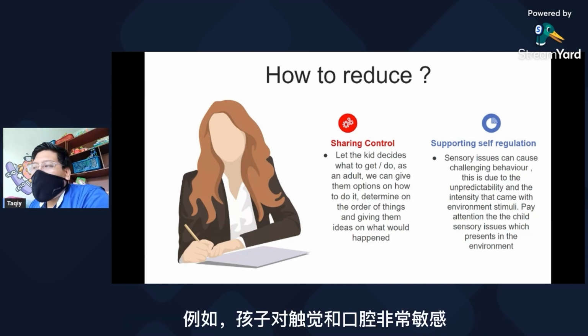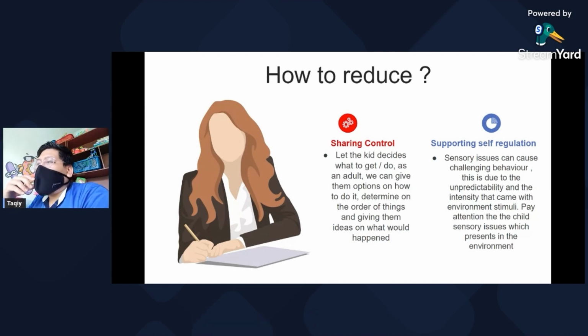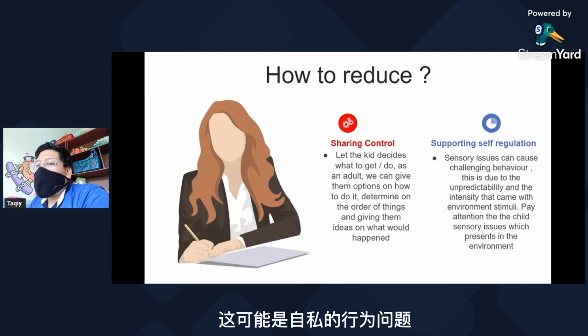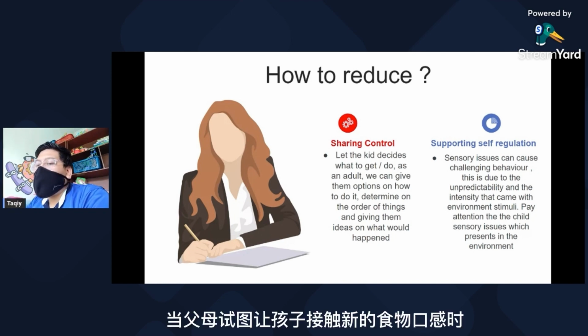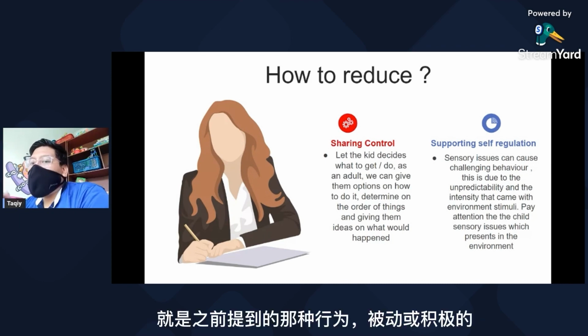Let's say, for example, the child is very sensitive in tactile and oral areas, which translates into being very picky in food choices. That itself is a behavior issue when the parent is trying to expose the child to a new texture of food. The child will do one of the two types of challenging behavior that I showed previously, the passive one or the active one.